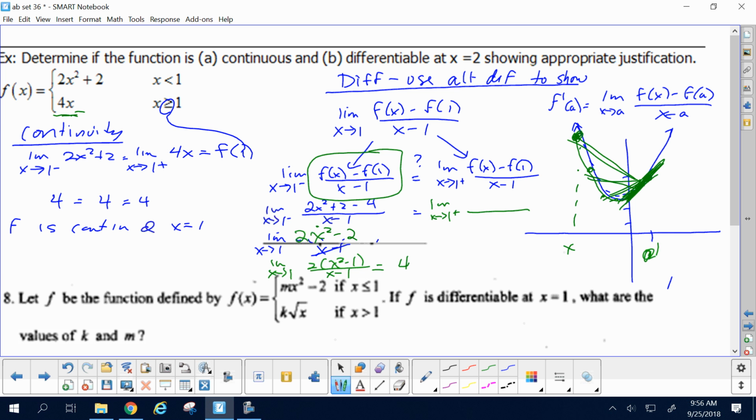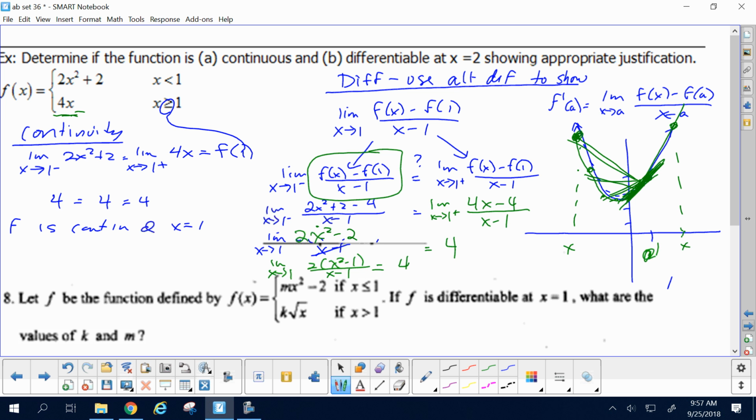So if I am using x's on the right side of 1, which function do I use? The parabola or the line? The line. So instead of f of x, now I'm going to replace it with 4x. F prime at 1 is still the limit of 4x minus 4 over x minus 1. Now I can factor out 4, dump an x minus 1, and that limit approaches